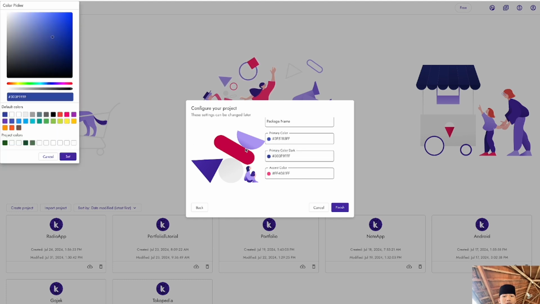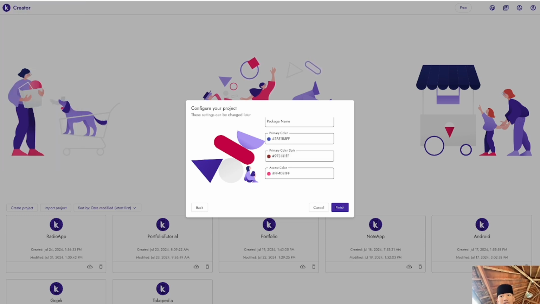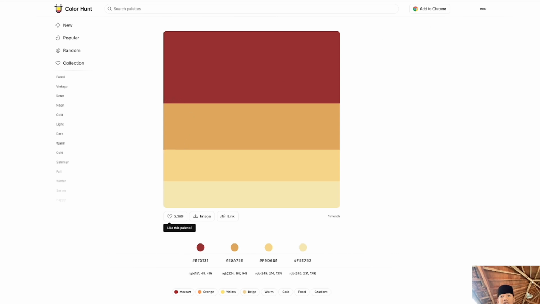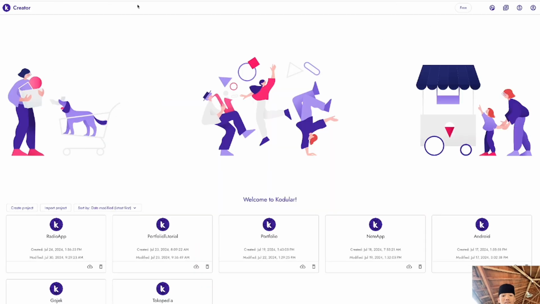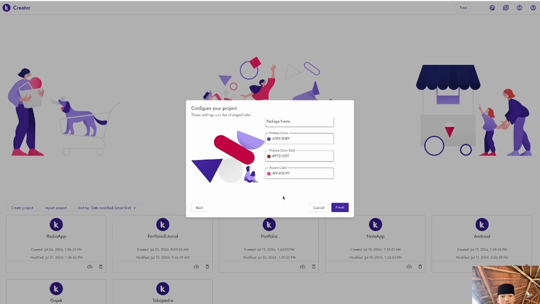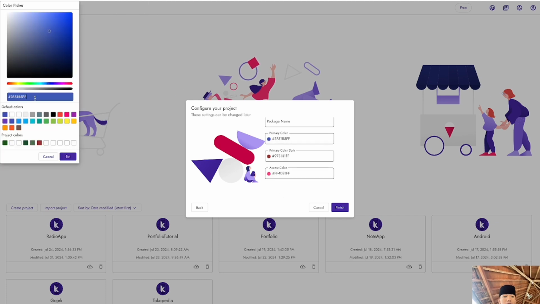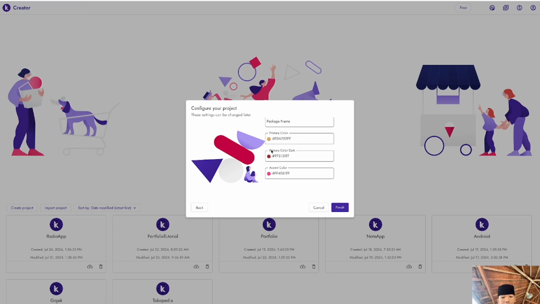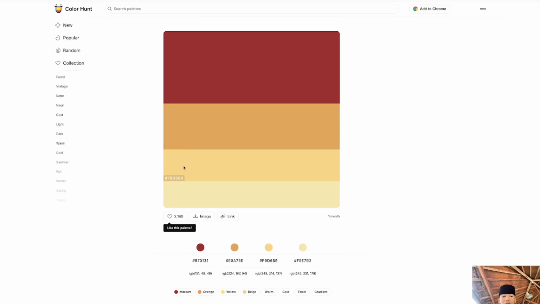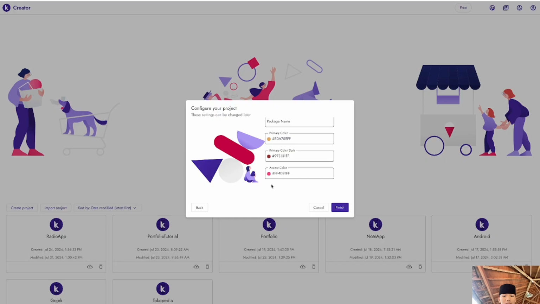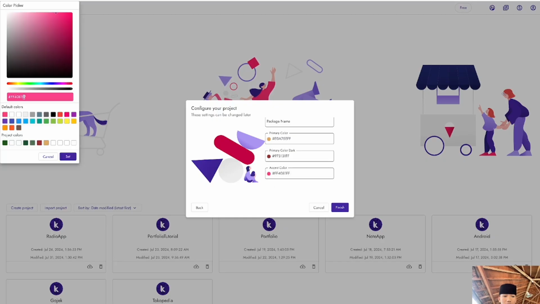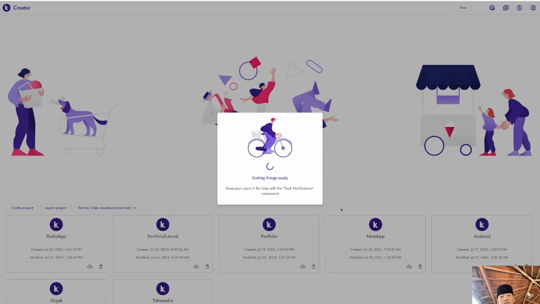This is going to be primary color dark, and Command V to paste. And this is the other primary color. Here we're going to put it. And the last one, accent color. We're going to put this one first, and Command V, and then finish.